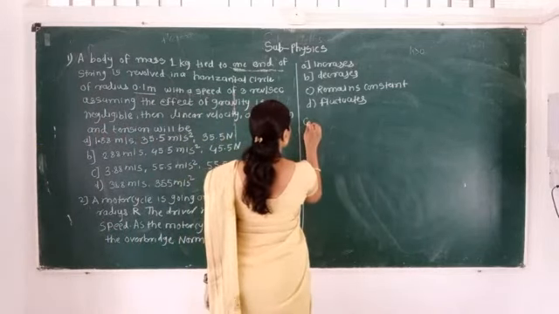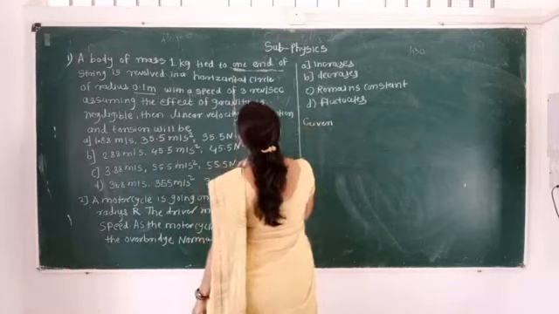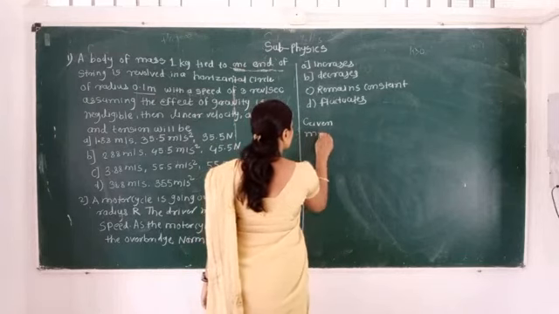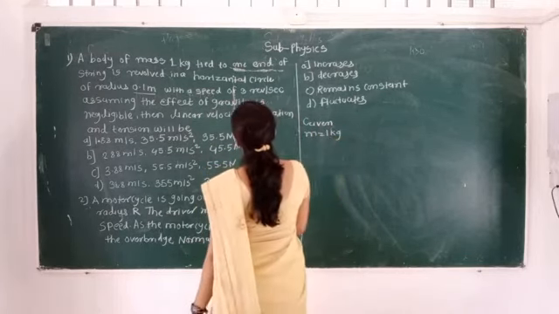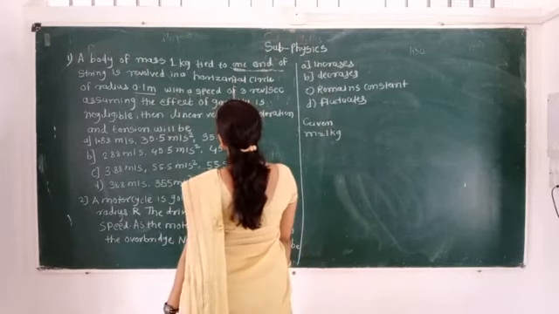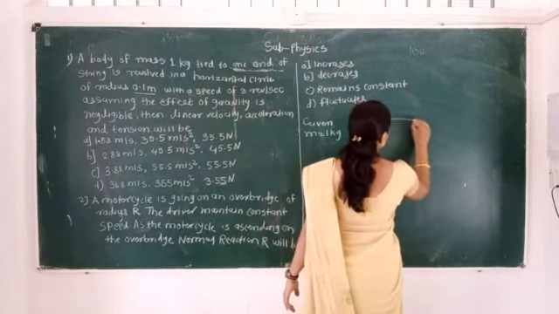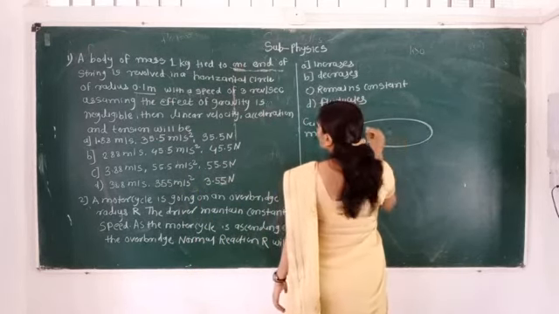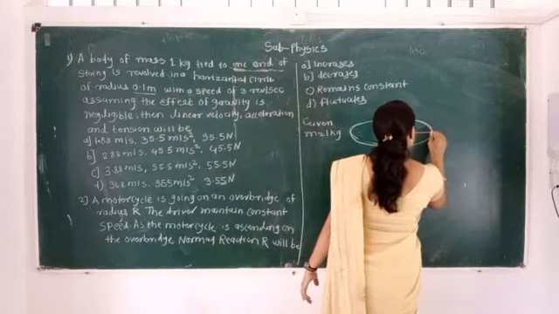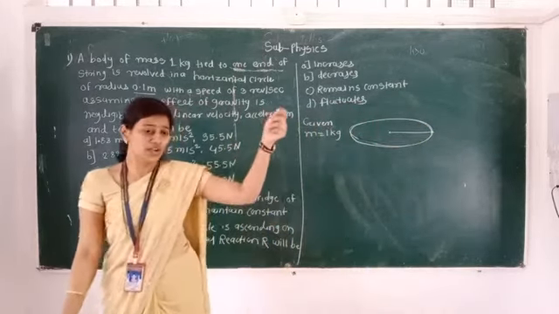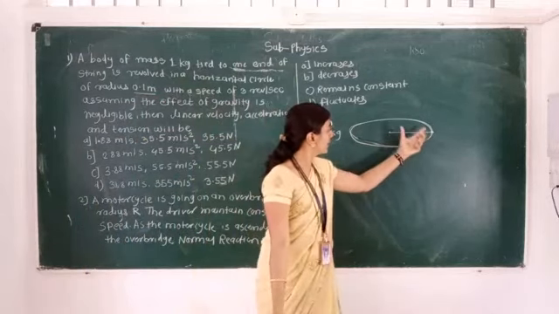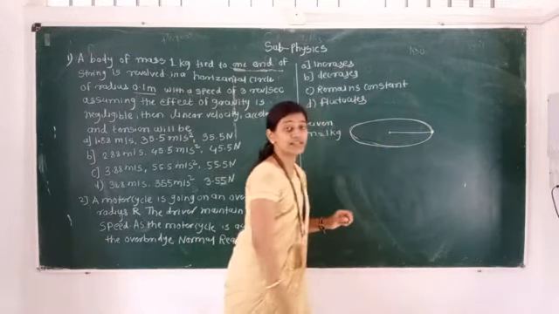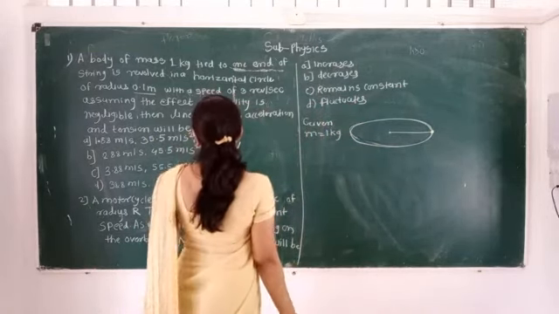Whatever is given, that we will write first. In that given, what is there? See there, the mass of the body is 1 kg, and this given here, it is 1 kg. Next is there, tied to one end of a string. It will revolve in a horizontal circle. That means here we are getting a horizontal circle. See here, one end of that mass is tied to the string, and the other end is held in our hand. We are going to move that body in a horizontal circle. So here we can say the object is present here, and it is going to rotate in a horizontal circle. So M is given as 1 kg.